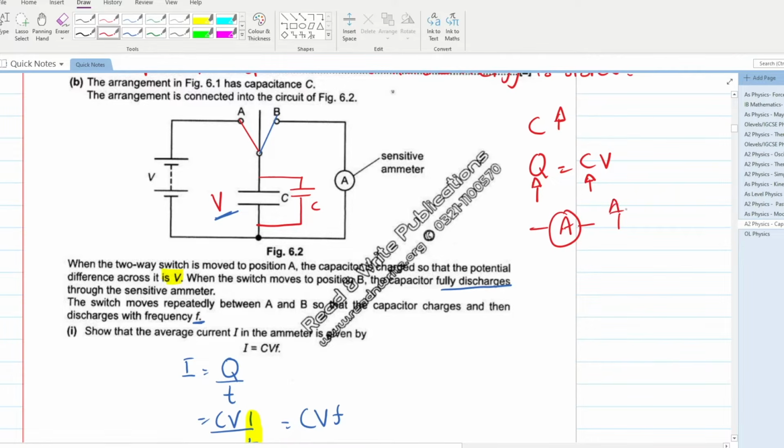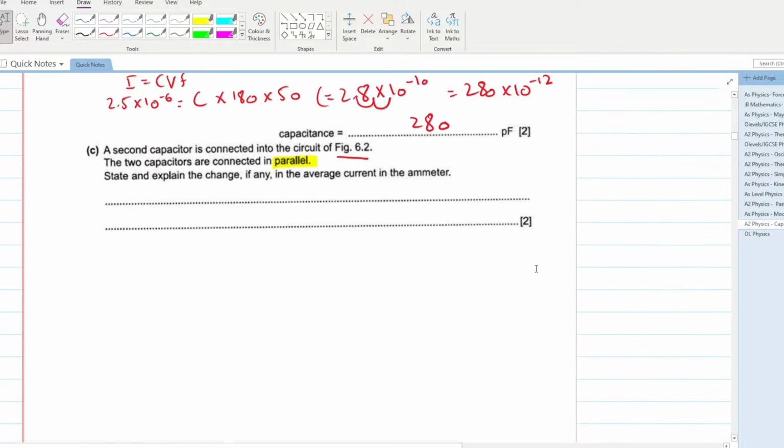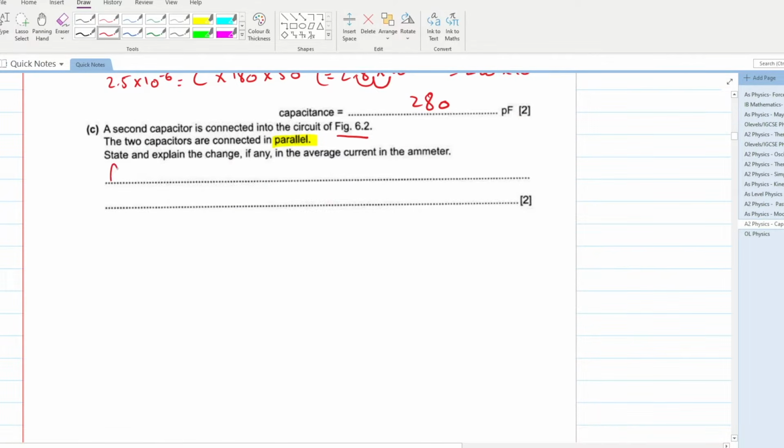अब मुझे नहीं पता कितने मार्क्स का सवाल है, 1 का है या 2 का है? 2 मार्क्स है. सही है. So we will have to tell everything. As capacitance increases, what will happen? Charge increases, and as charge increases, the reading on ammeter